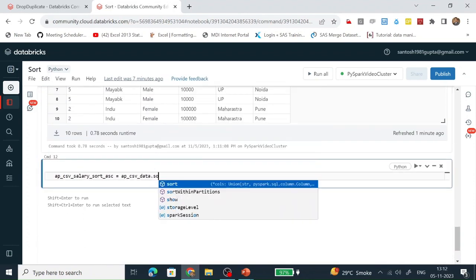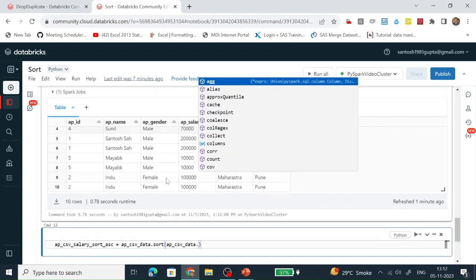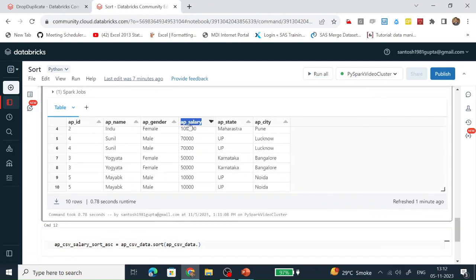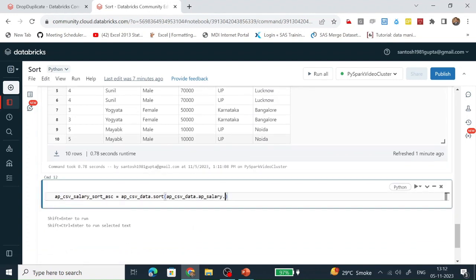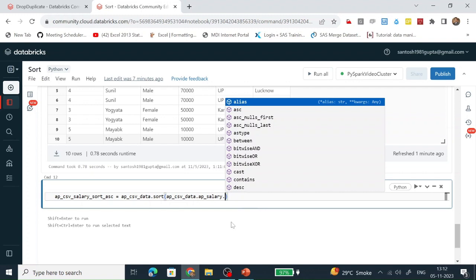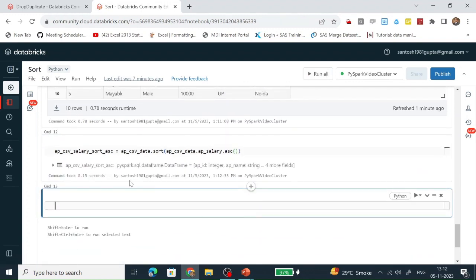We are sorting based on which column? We are sorting it based on this AP salary, and its ascending order. Let's see how it will work.